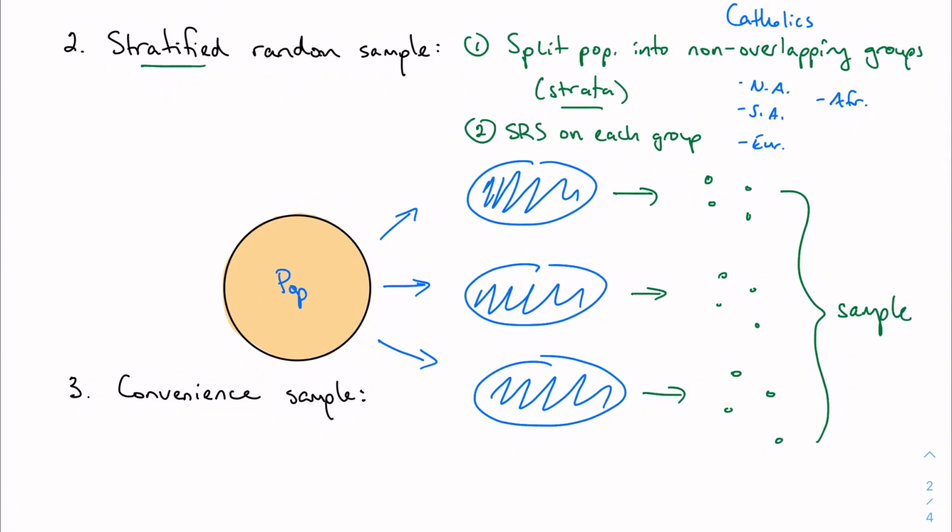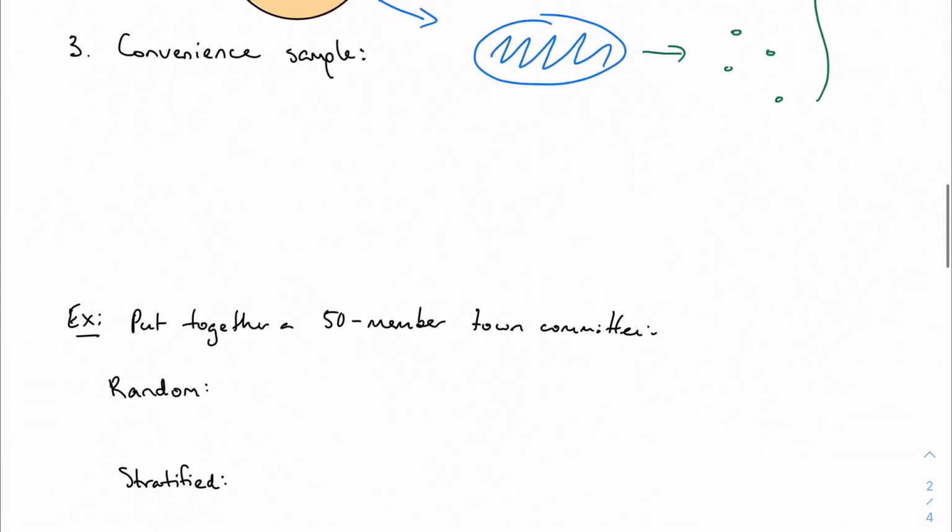If we were to think about a school, the easiest set of non-overlapping groups would be to split by grade, right? Survey 10 freshmen, 10 sophomores, 10 juniors, 10 seniors, right? I don't have any student that is both a freshman and a sophomore. Done. Convenience samples are the trickiest.